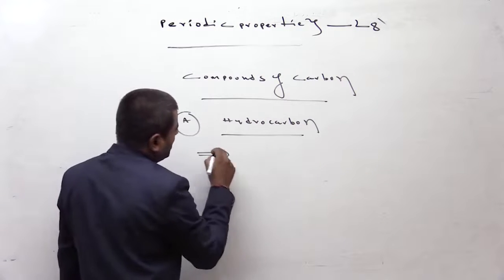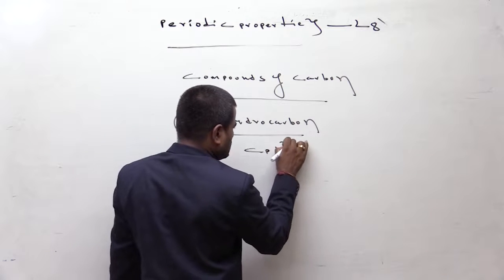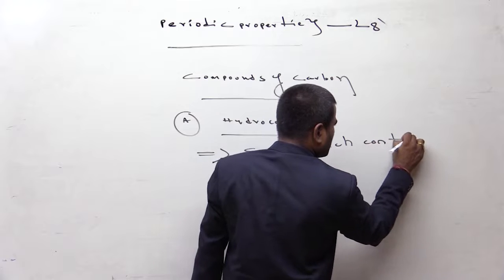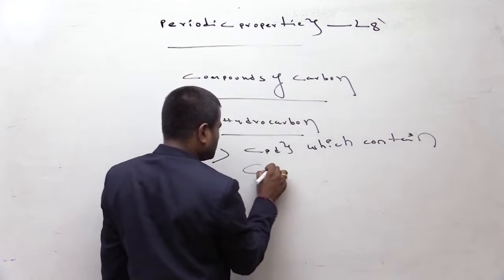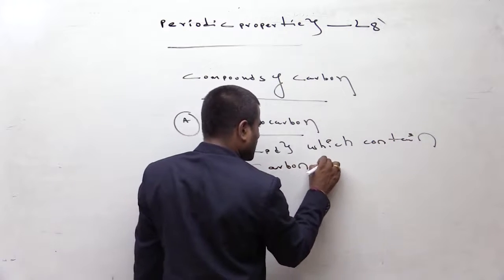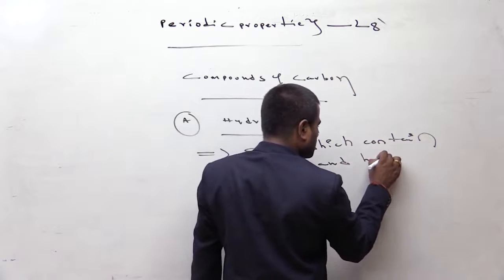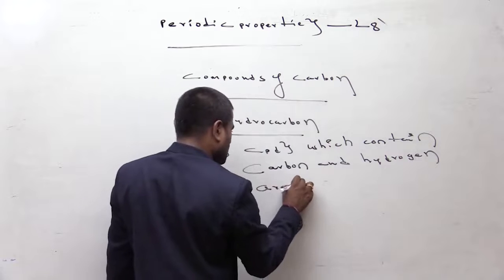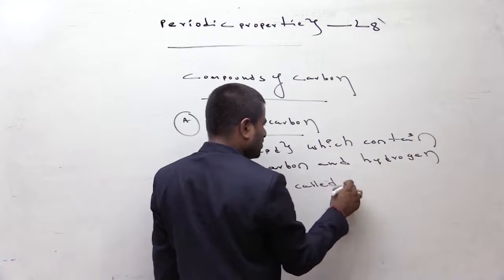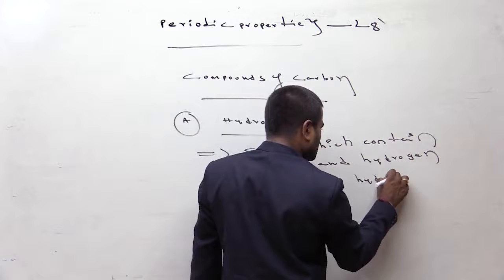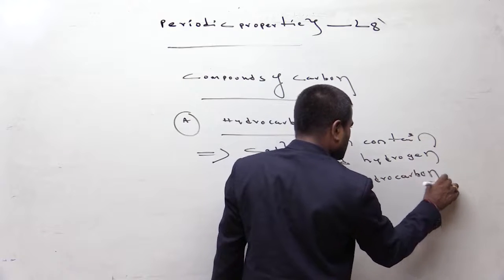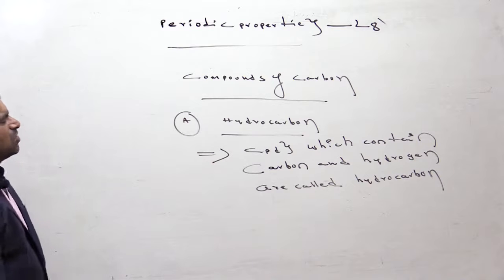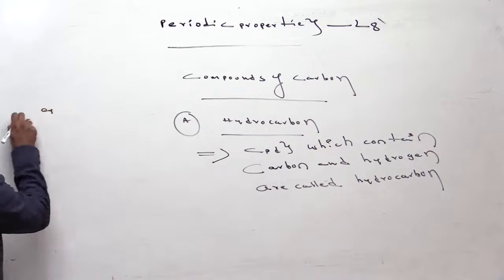Compounds which contain carbon and hydrogen are called hydrocarbons. Example for hydrocarbons: